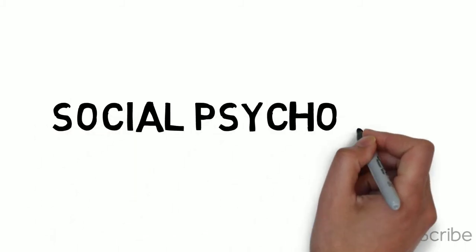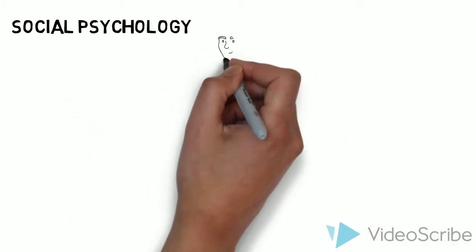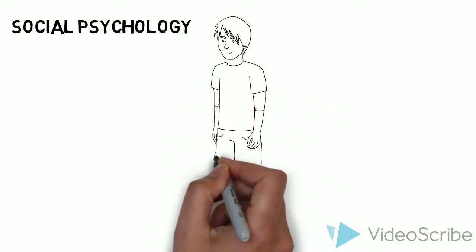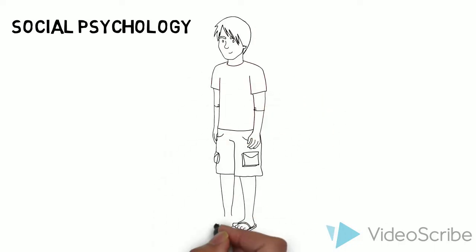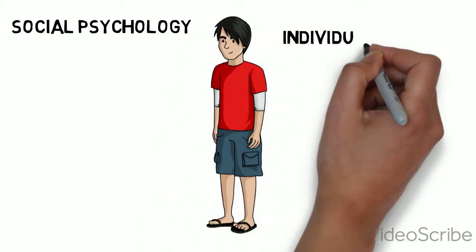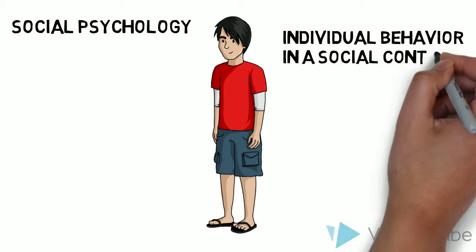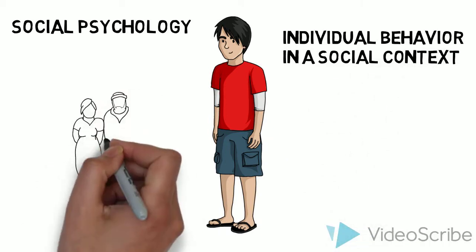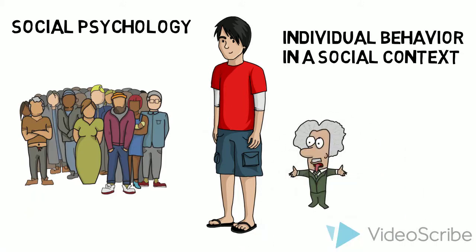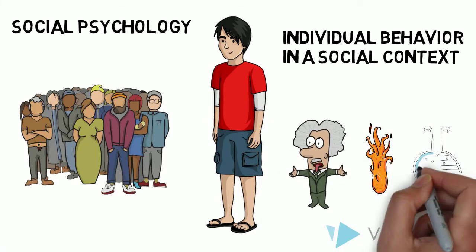So the first 13 chapters of our psychology textbook focus on the individual, with topics ranging from consciousness to cognition and personalities to behavior. In this video, I will be talking about social psychology, which is about understanding individual behavior in a social context. As a review, I will first be going over some of the big theorists and theories, as well as some of the most controversial experiments conducted.